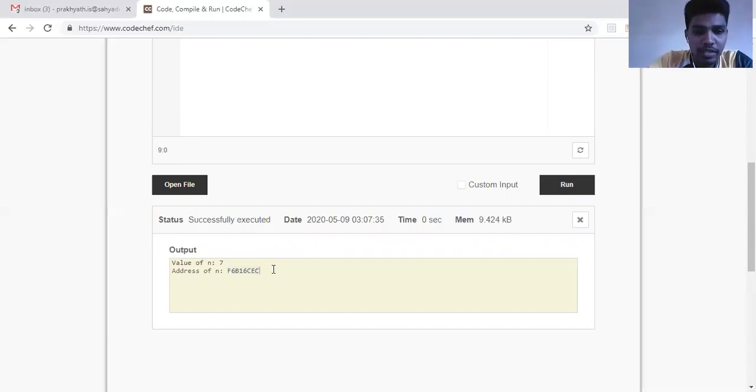If you could clearly notice, in the previous output the address was different, and in this current output the address is different. Because each time I run a program, the computer finds a new place for my variable. And when I stop running my program, automatically the place is removed. It's erased. This process, we call it garbage collection. All these jobs are taken care of by your operating system, which does the major job of allocating memory to you and freeing the memory after you have successfully utilized it. So each time you run a program, you can see different addresses where your variable n is placed.